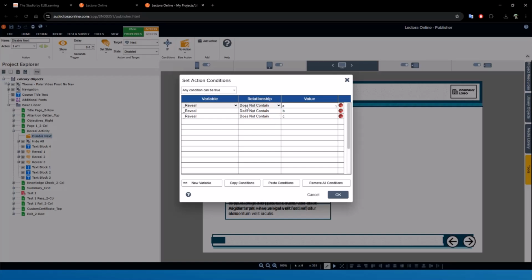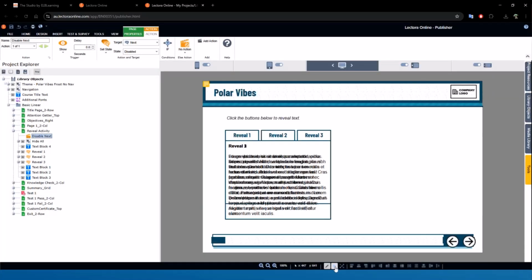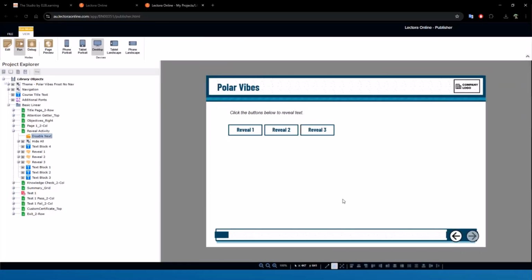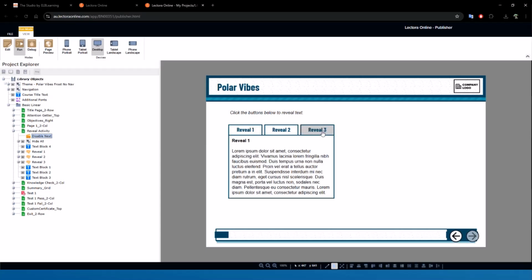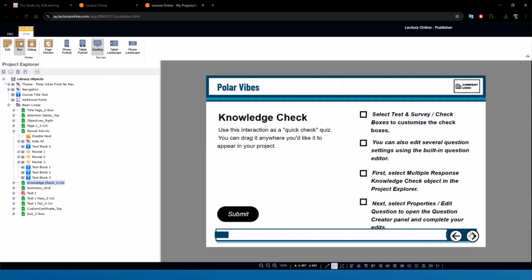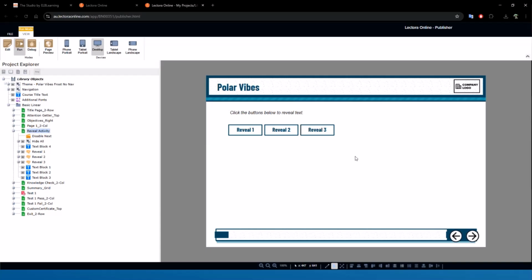This also means that if I leave the page and I come back, this action won't actually happen if I've already done the interaction. So just to show that as a quick demo as well, when we first start on the page, it's blocked. Click my buttons again in any order, it unlocks the button. If I go to the next page, which is just a basic quiz page from the template, if I jump back again to my reveal page, the variable remembers that those buttons have been clicked before, and it keeps the